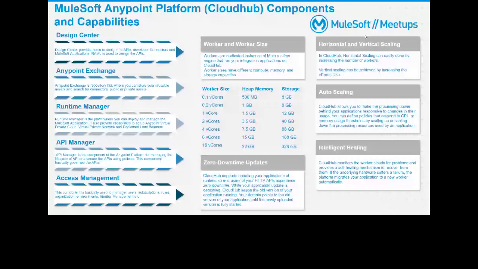Generally, when you deploy your application, you select the region, for example US East 1. Each region has three availability zones, and MuleSoft will deploy the application into one of the availability zones in that region. If that particular availability zone is not responding, or it failed or crashed, like the availability zone is not responding,